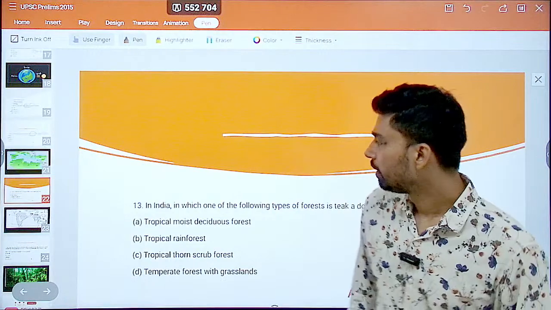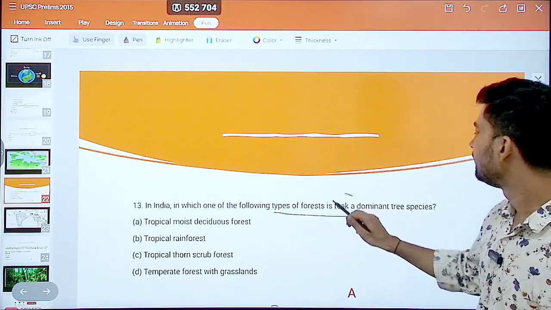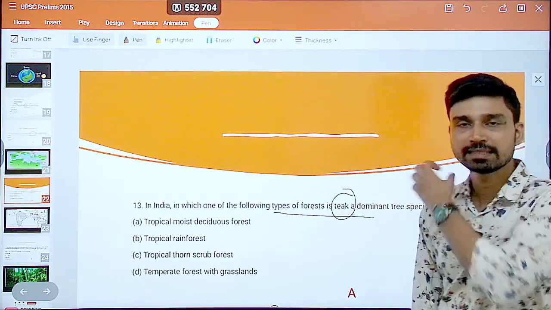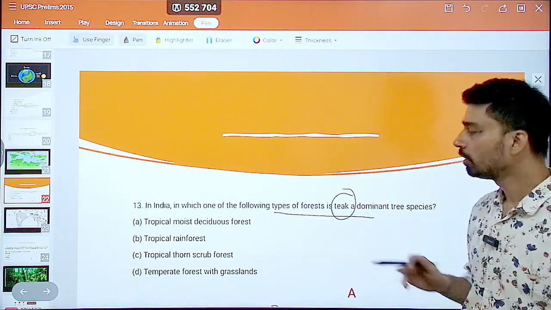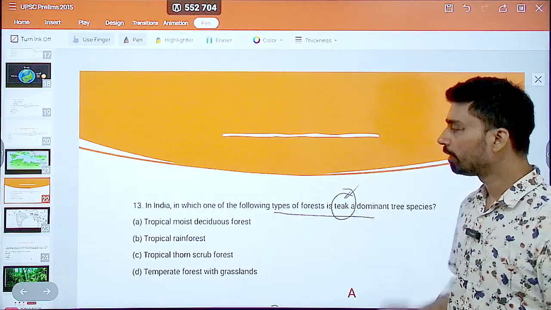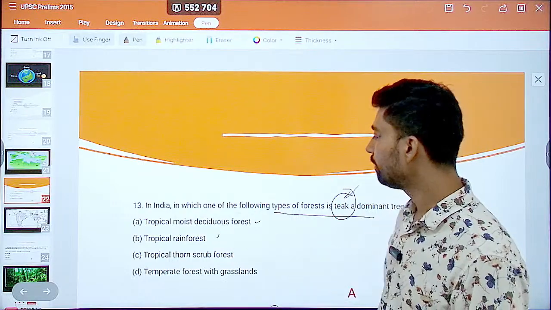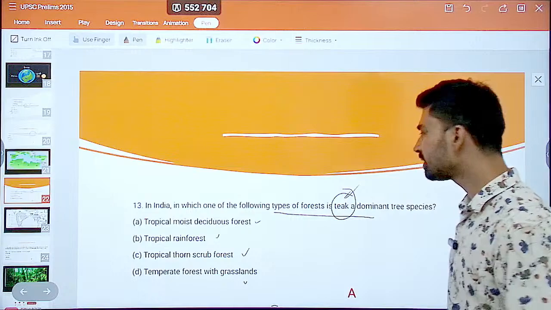Next is: in India, in which one of the following types of forest is teak a dominant tree species? Now the teak tree and the sal tree, both are part of the same group of natural vegetation, which is one of the most dominant vegetation, or what we can say, trees of India. Tropical moist deciduous, tropical rainforest, tropical thorn scrub forest, temperate forest with grassland. So obviously the correct answer here is